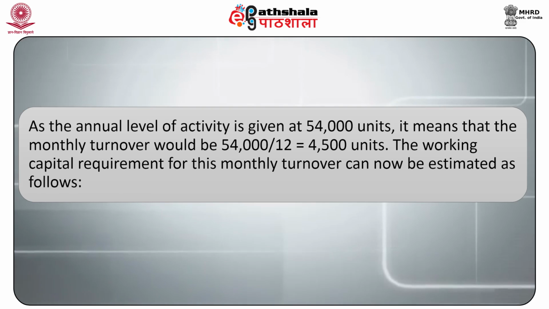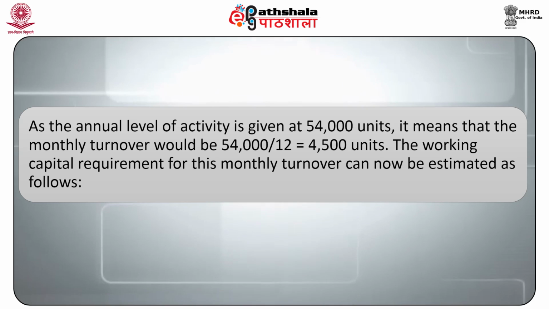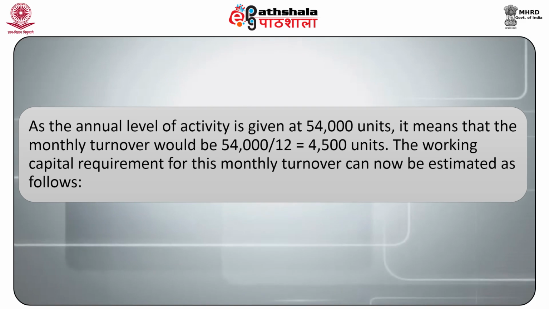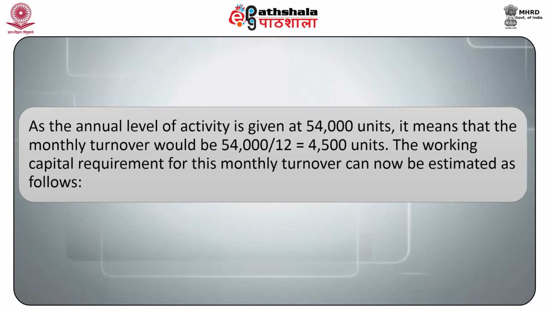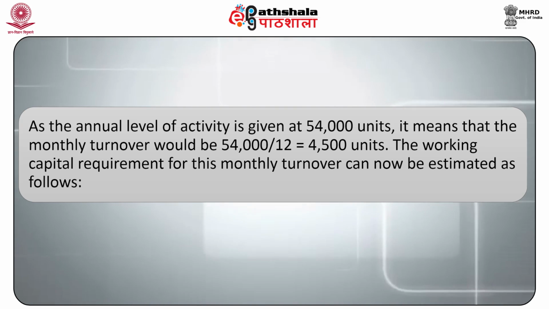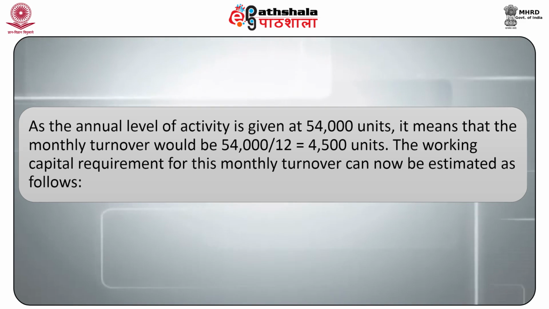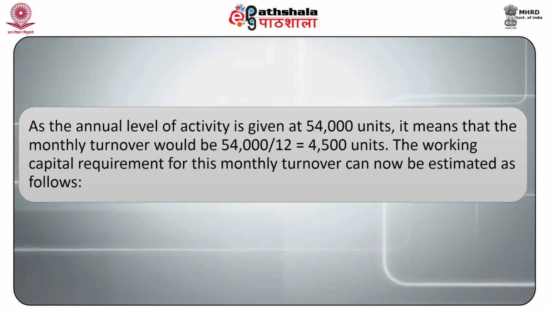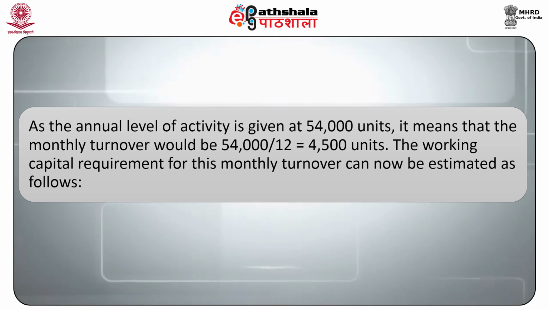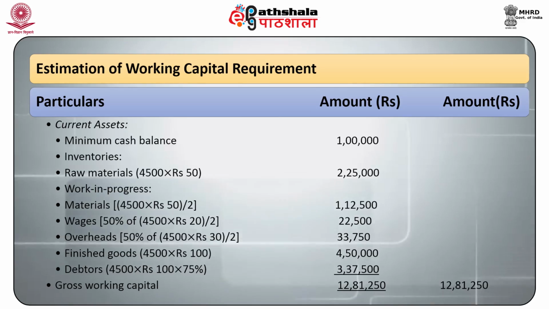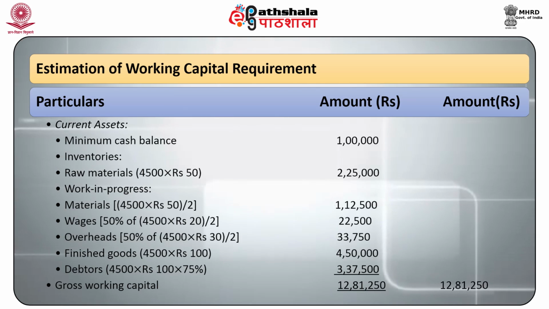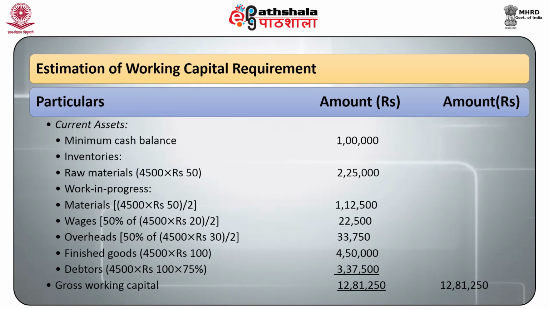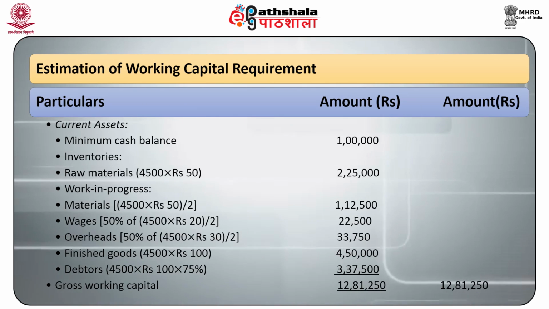The solution for this is, as the annual level of activity is given at 54,000 units, it means that the monthly turnover would be 54,000 divided by 12, which is equal to 4,500 units. The working capital requirement for this monthly turnover can now be estimated as follows. In this, we have to calculate the current assets given by the minimum cash balance, the inventories, the raw material, work in progress, the finished goods, and the debtors. The gross working capital is